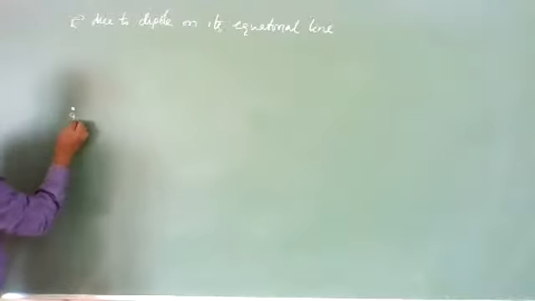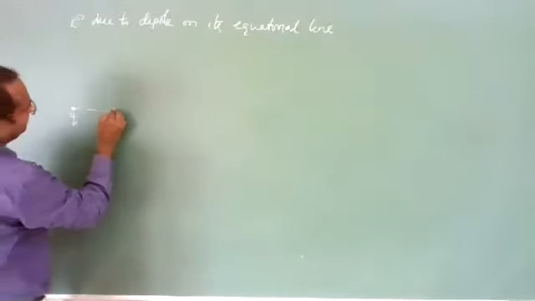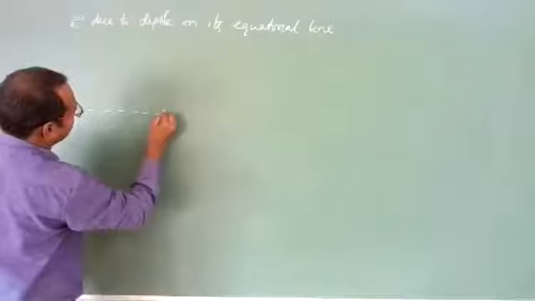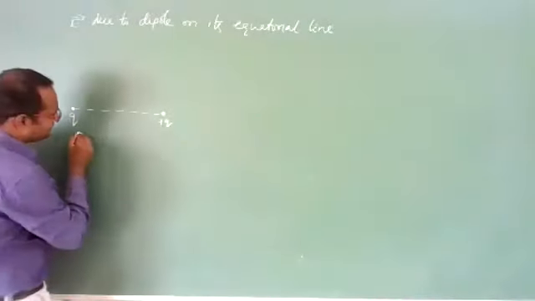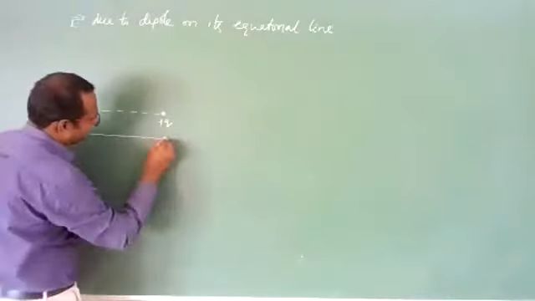See, this is the negative charge, and this is the positive charge. These two charges are separated by a distance of 2a, let us suppose. Then it will constitute a dipole. The dipole moment direction is from the negative charge to the positive charge, meaning from left to right. In that direction, the dipole moment direction is there.